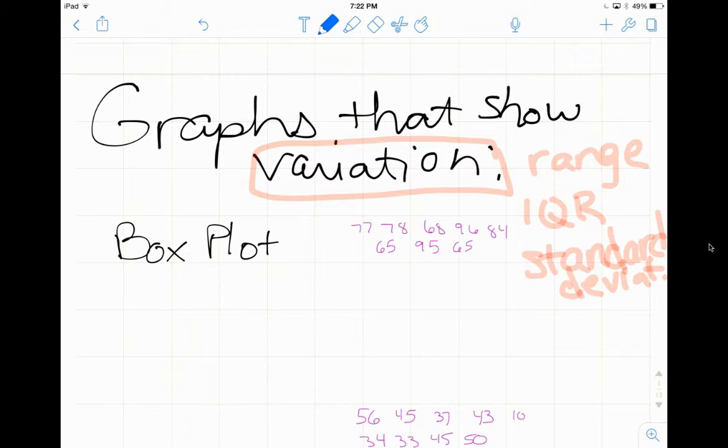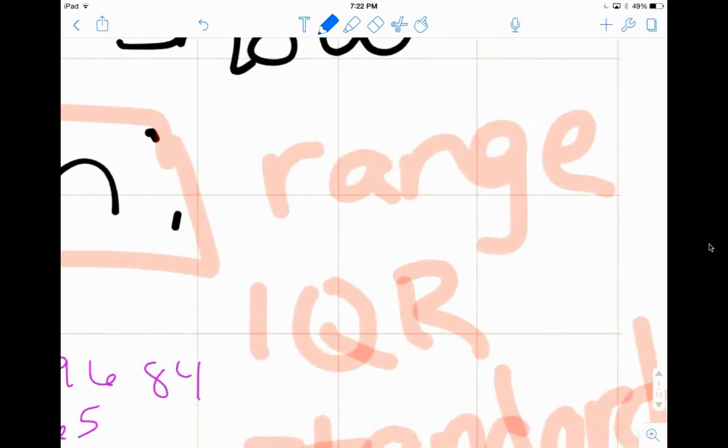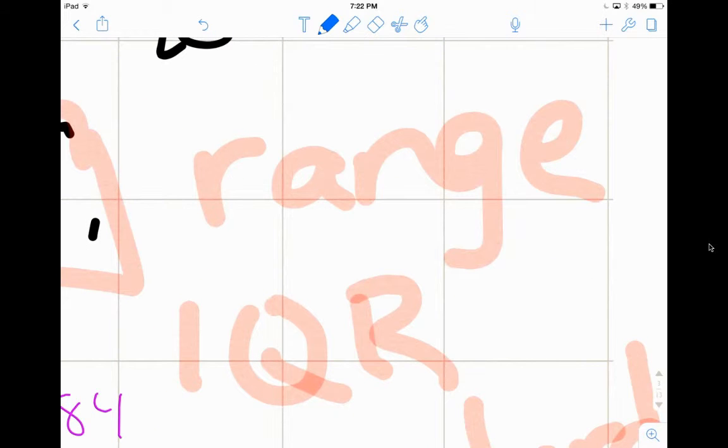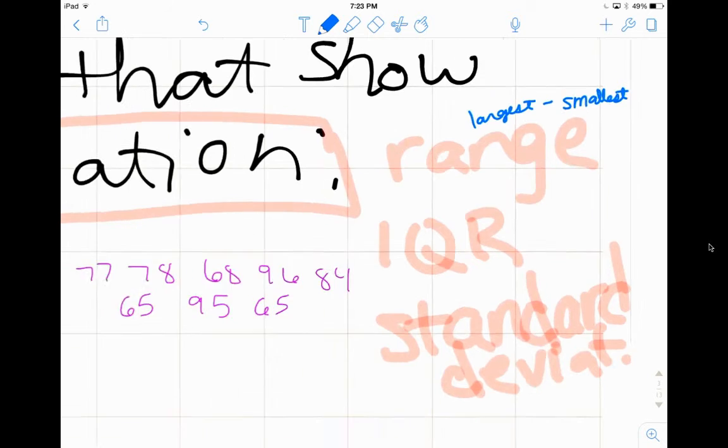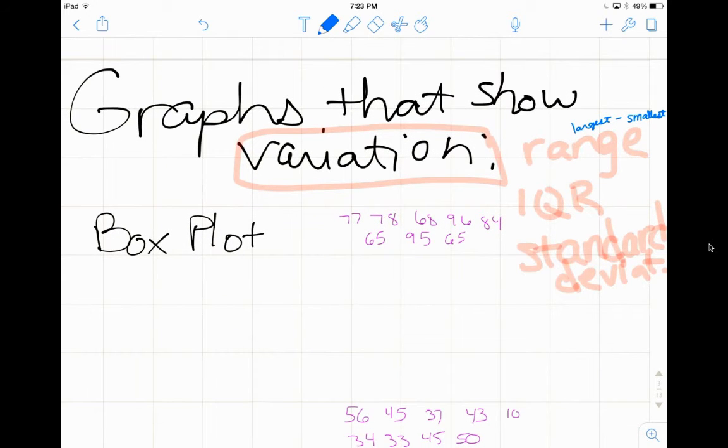Okay. So first of all, we want to talk about range. We all know range is the highest, the largest, minus the smallest. So in order to do these things, we do like to get them in order from least to greatest and go from there. So if we're going to do this first one right here, we need to put these in order. And so we're going to start with the smallest number, which is a